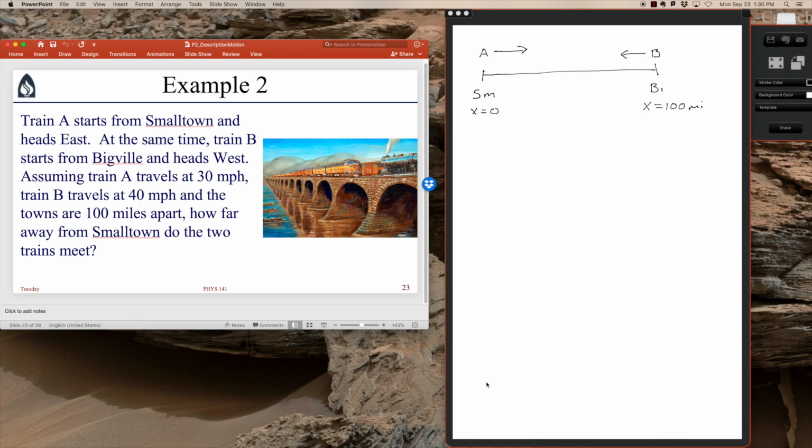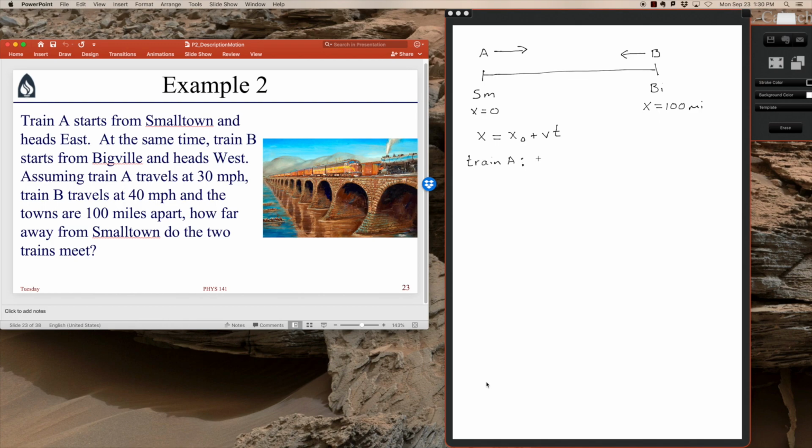Since both of these trains are traveling with a constant velocity, with a constant speed and not changing direction, I can use that expression that we found on the previous slide. That is that the final position of an object is equal to its initial position plus its velocity times time. So let's first write down this position, incorporating the facts that we know in regards to train A. So for train A,